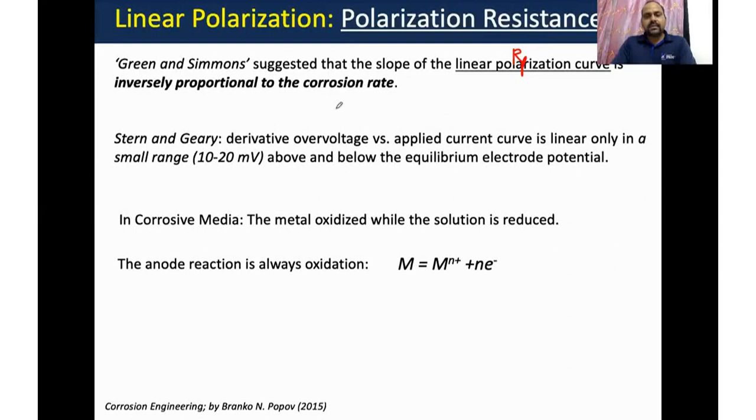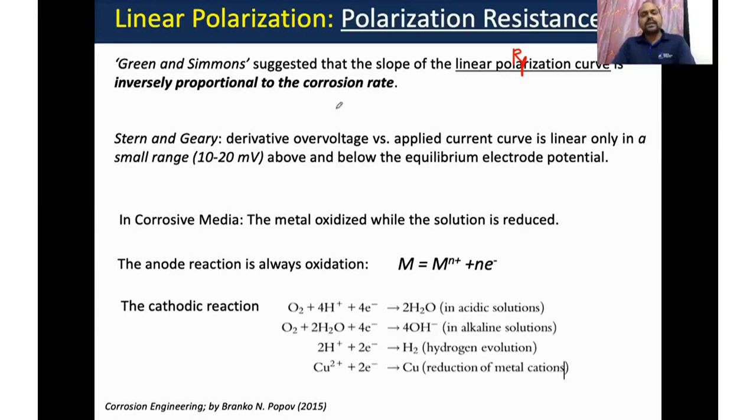So on the x-axis, we plot the current density in microampere per centimeter square, and on the y-axis we plot the electrode potential. If we plot these two, just consider we have two separate half cells, one cell is the anode and the other cell is the cathode. If you plot, as you know, we are going to get a linear relationship because the applied current is very small, which gives a very small overpotential.